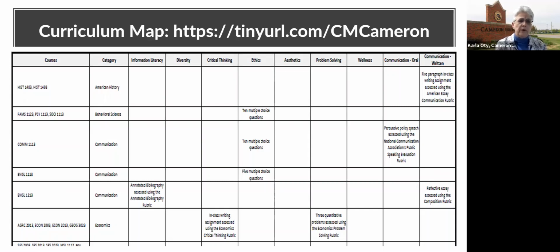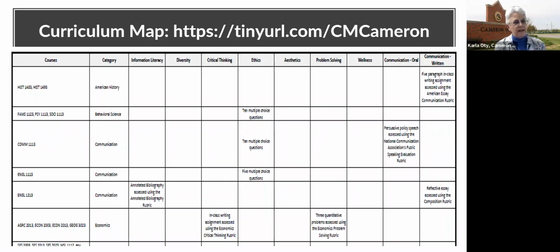So every student must take a course in American history, and it's either US History 1483 or 1493. Now, this one wasn't so difficult, right? Because these are taught in the same department. And they decided that written communication was what they were most interested in assessing. So we let them teach other things, so they can teach about ethics or information literacy or whatever they want, but they must have something that they're going to assess. For example, they decided to do written communication. They do a 5-paragraph in-class writing assignment and they have a common rubric. Again, it's History 1483 and History 1493, pretty much the same faculty members, so that one, they play well together.